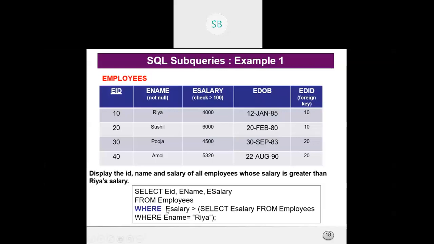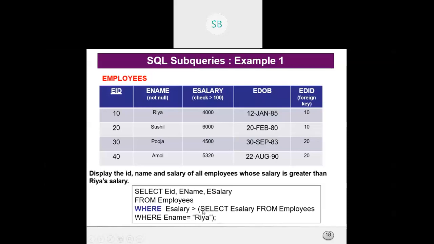For this purpose, we write a normal query: select EID, E name, E salary from employees where salary is greater than, and then you write another query: select e-salary from employees where e-name equal to Ria.